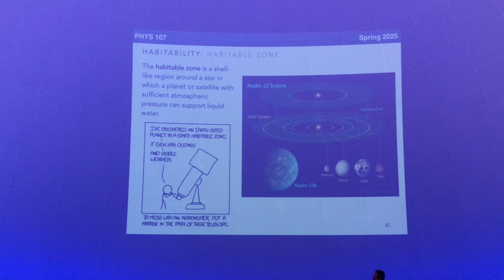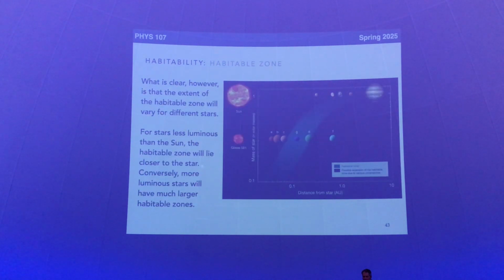So, to mess with an astronomer, put a mirror in front of their telescope and say, oh, I've discovered an Earth-sized planet with stars in a habitable zone, and it even has oceans and visible weather. So it's like, great, that's actually what we were trying to go for, right? We want to take a picture like that. This is still an artist's impression. We want to get a blue dot picture, like we've got from the moon. So we really have to up our game